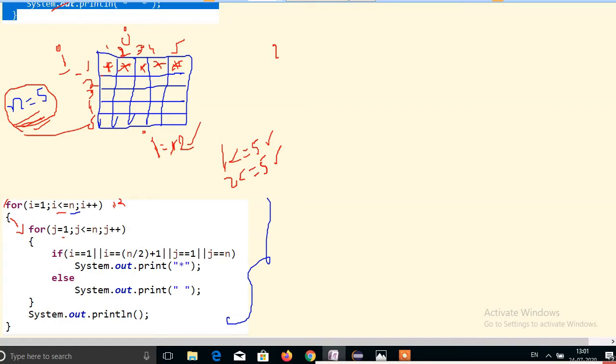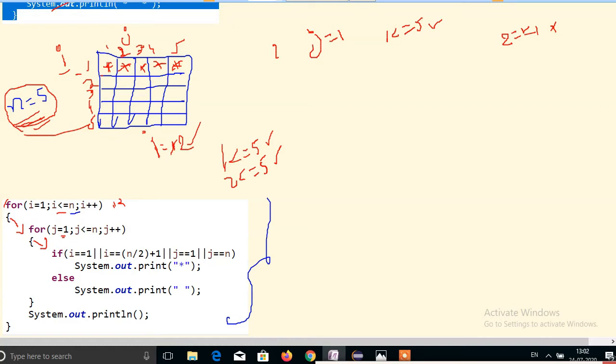In the body part we have another for loop. So for j equal to 1, j value starts again with 1, and check the condition, 1 less than or equal to 5, condition true. If the condition is true, it will go inside the body. Inside the body we have written if i double equal to 1, so now the i value is 2, so check the condition, 2 double equal to 1, condition false.